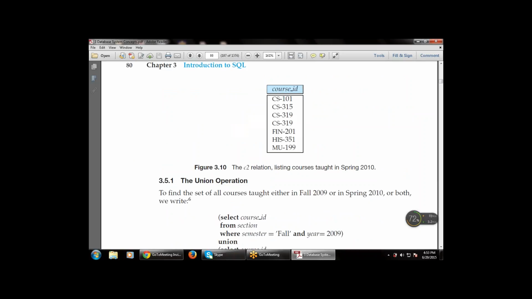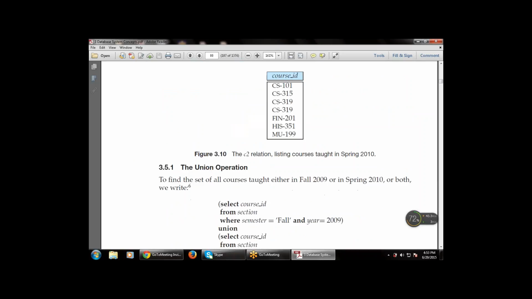What is the meaning of the union operation, or how do we use it to combine different values? To find the set of all courses taught either in fall 2009 or in spring 2010, or both, with the semester being fall and spring, we write: select course ID